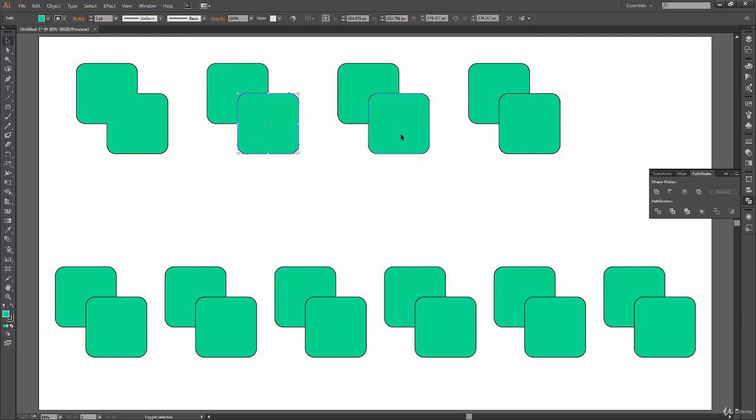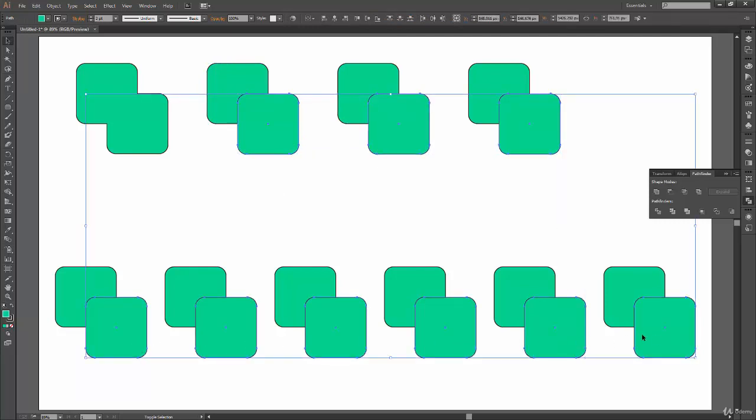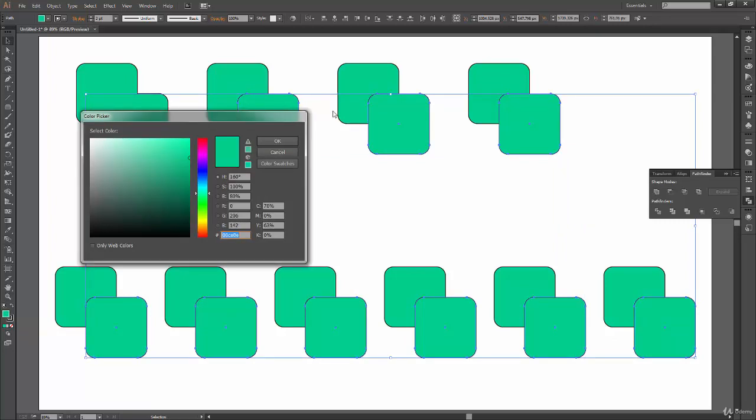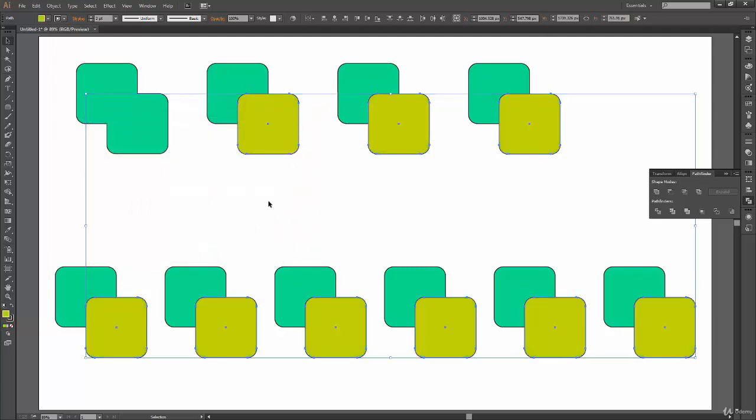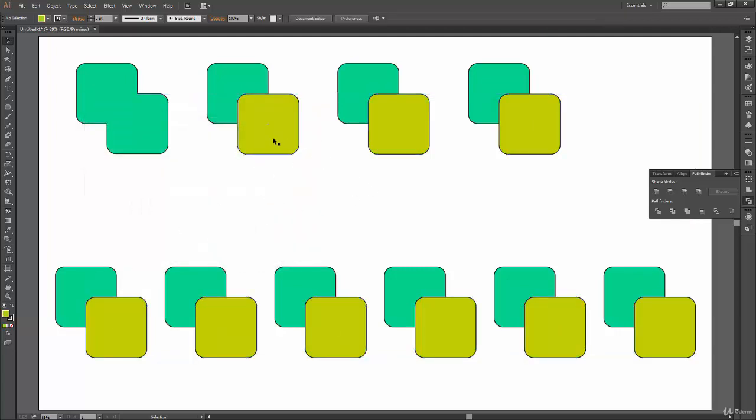For the front one, I can color it in some different color so that we can call it a green rectangle, or yellow rectangle, I think. This doesn't look exactly yellow, but I think we can still call it yellow. Okay, so now we have a green rectangle in the back and a yellow rectangle in the front.